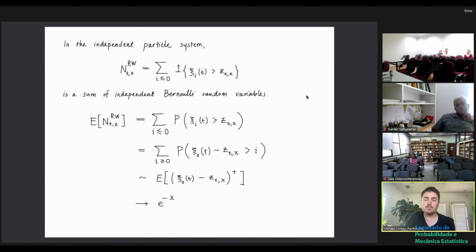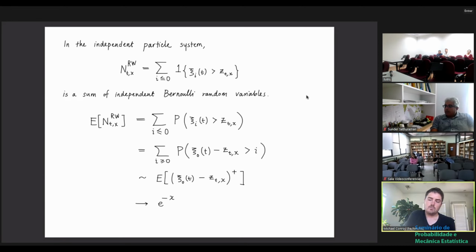So in the independent particle system, now I'm going to denote this by a superscript RW for random walk. We can represent this number of particles beyond some level z as counting the number of random walks that have passed. And this is a sum of independent Bernoulli random variables. And we have classical results about Poisson convergence in this case. And if we calculate the mean of this number,